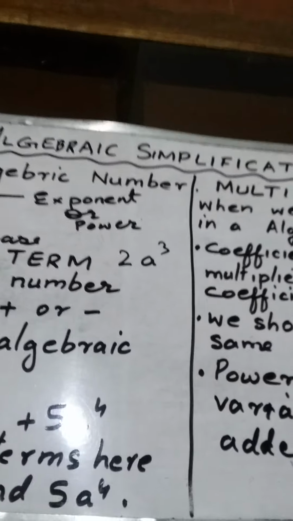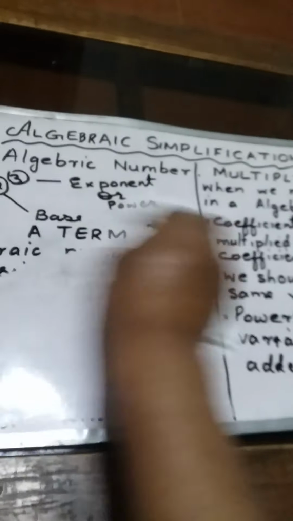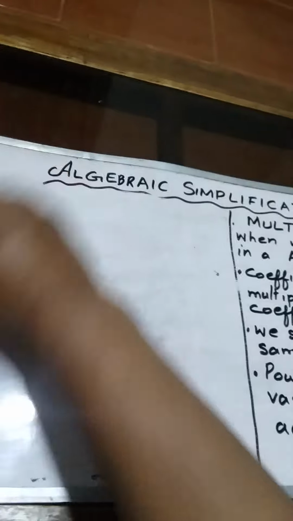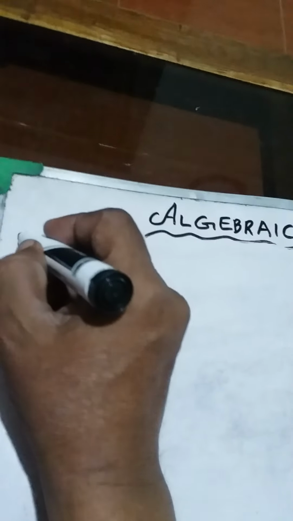Now let's solve some examples. I have selected three examples for you, which are very simple to understand. If you practice, then you can learn this topic very well. Now the first example is